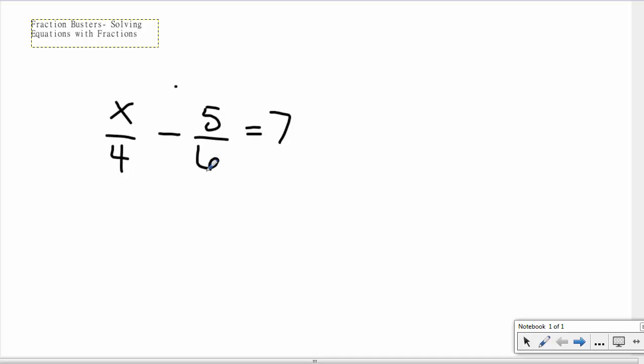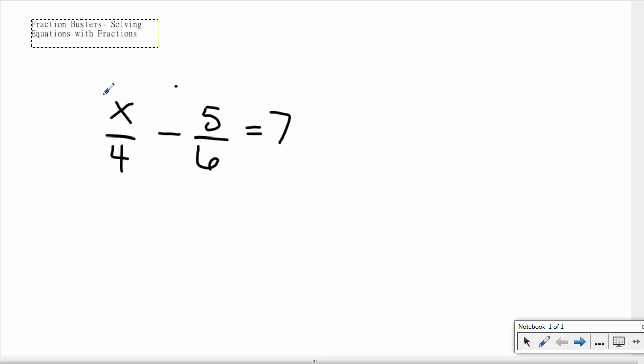So the question we want to ask ourselves is, what number can be divided by both 4 and 6. Now there's a couple different answers, and there's one in particular we call the LCM, the least common multiple. So the least common multiple of our denominators 4 and 6 is, that's right, 12. So 12 can be divided by both 4 and 6, and that's what we're going to use to multiply each